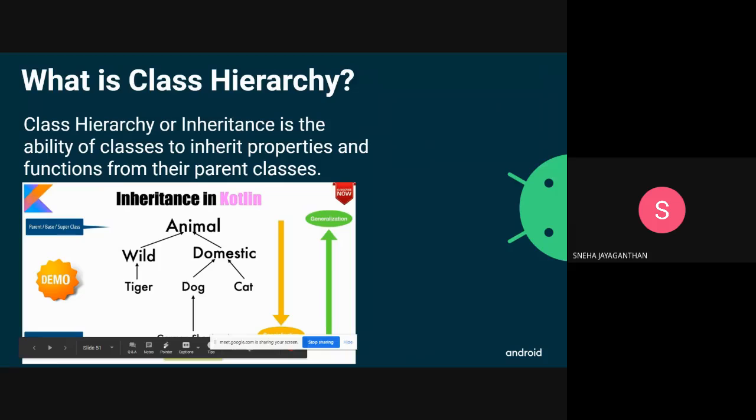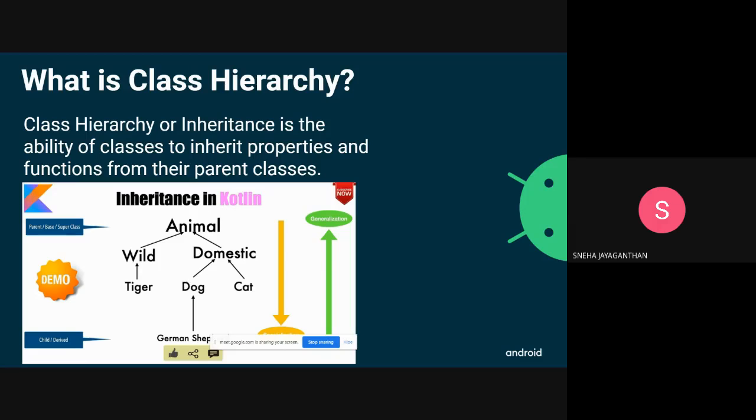Before learning how to make the tip calculator app, let's learn a few concepts. There's a concept called class hierarchy or inheritance in Kotlin. Class hierarchy or inheritance is the ability of classes to inherit properties and functions from the parent classes. Like you can see here on the screen, suppose we create a class Animal and we create two classes, Wild and Domestic.